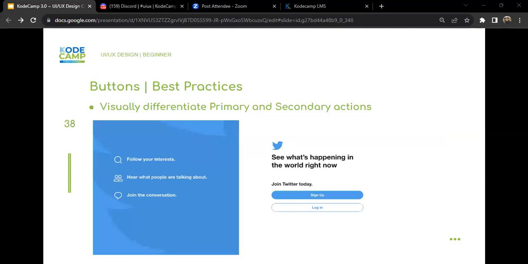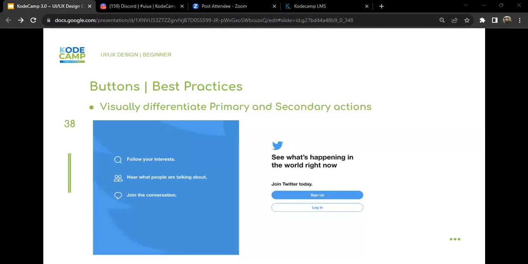Have you seen this? So we have two types of buttons here. We have the one that says sign up and the one that says login. So the sign up here is what? The primary button, because we want the user to sign up at this particular moment. That's the action that we want the users to take, right? Now, the less prominent one is the secondary button, which is the login. So when the users are in doubt, the default action is the primary one, the one that is more prominent. So be sure to give prominence